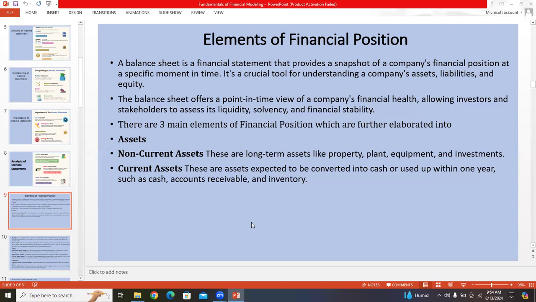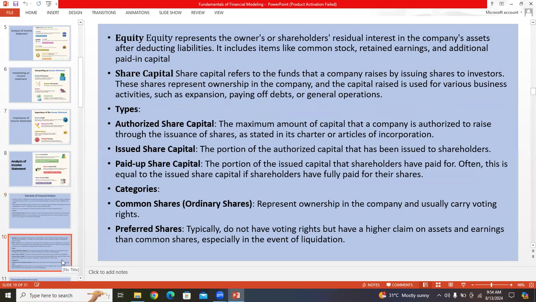If we move forward, let us see what we get. We get to see the equity portion. I hope you remember from your previous sessions of accounting classes, or financial reporting, you saw the accounting equation. That accounting equation represents assets equal to equity plus liabilities. We discussed the assets. Now we are moving towards the equity. You can see a slide full of information, very informative for you. It says equity